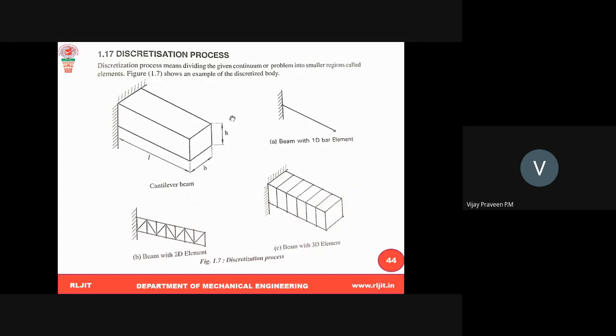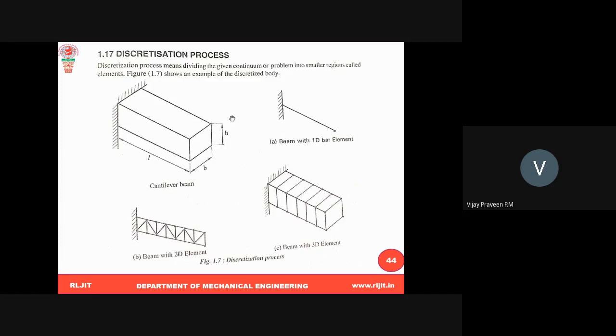How we are going to divide into elements matters a lot. The more accurately you divide or select the elements, the better results you will get. The discretization process is the first step in pre-processing. That is very important. So we are going to convert geometric entities into FEM entities, like lines are converted into elements and points are converted into nodes.